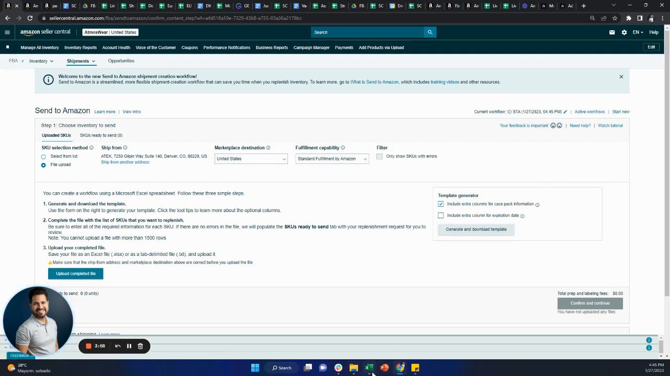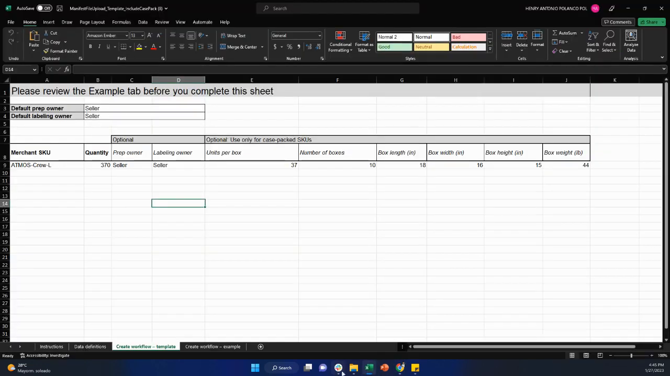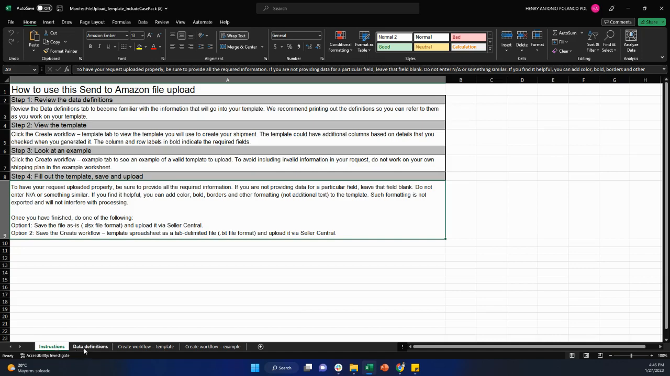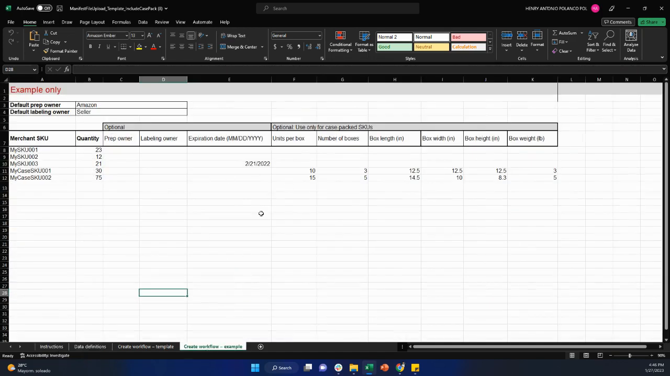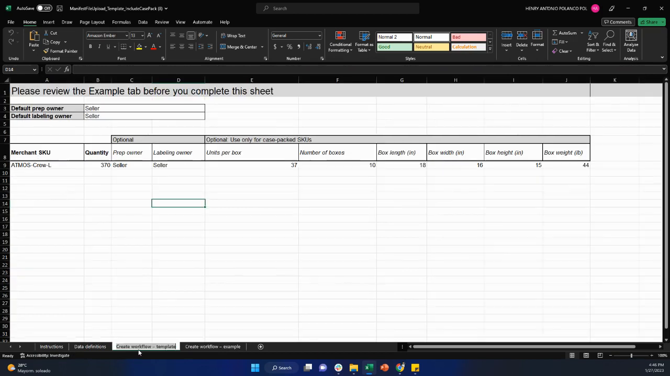After we click there, it's going to bring up this file, which I already have completed for this example. It's going to have different sheets, and you're going to have one that has the instructions, data definitions, and a workflow example of how to fill out the information. This one is already filled out,